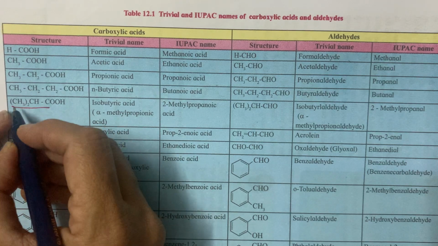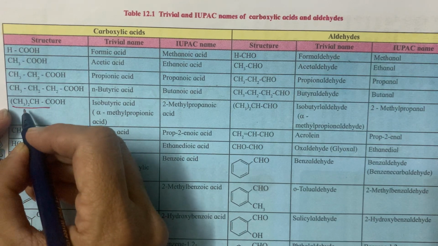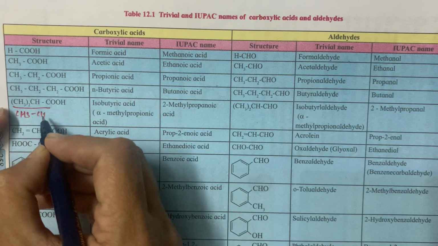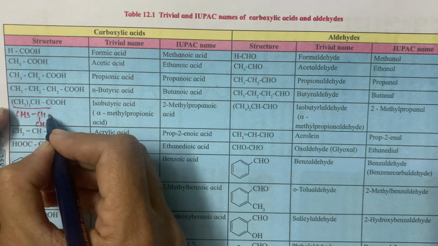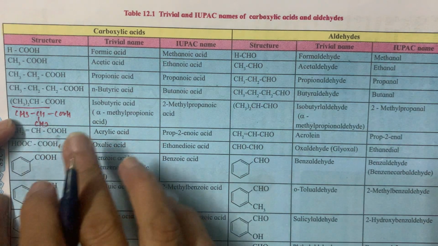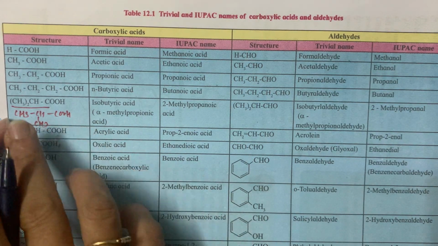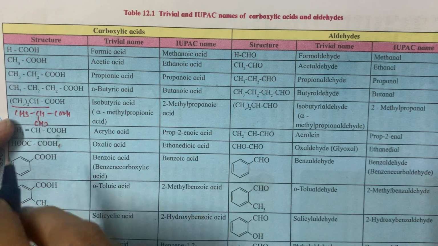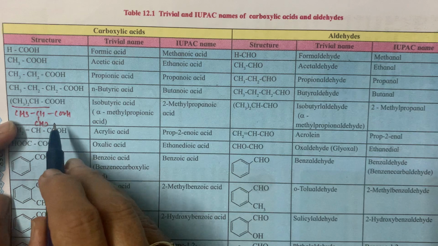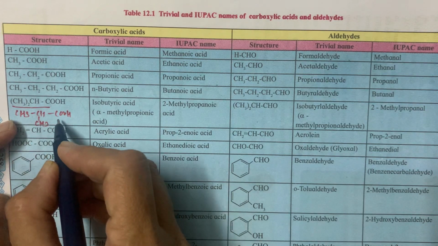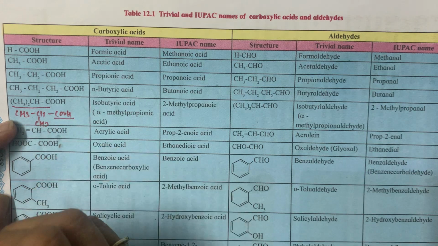See now, here are CH3 twice in brackets, meaning what? This is CH3, CH, CH3, and then COOH. This is the detailed molecular structure, while this is our condensed formula. So first of all, you have to select the longest continuous chain which contains the functional group COOH.